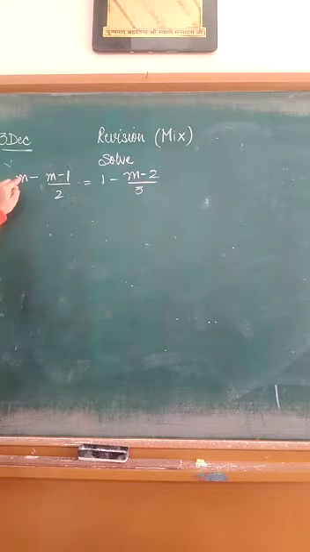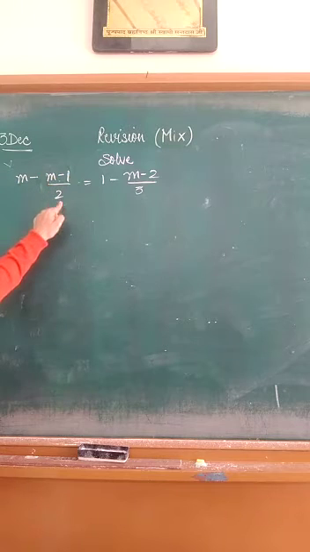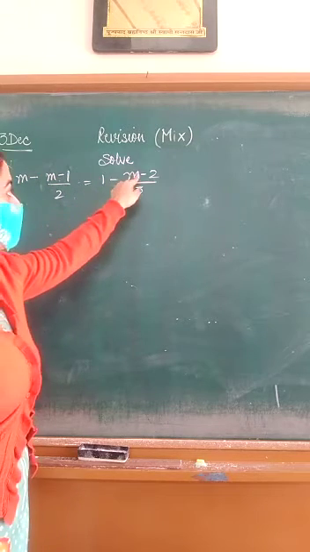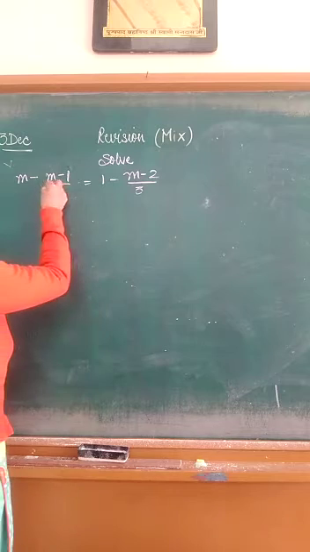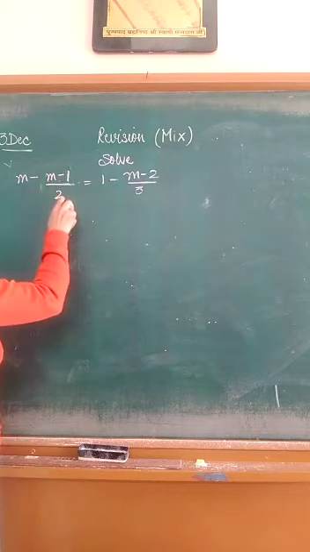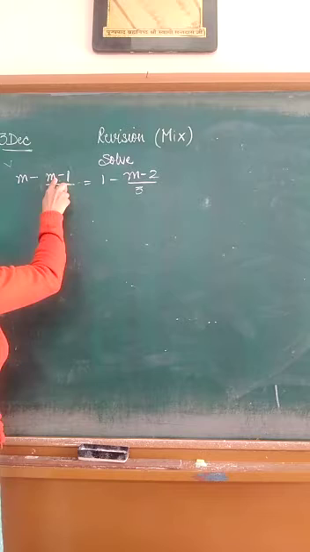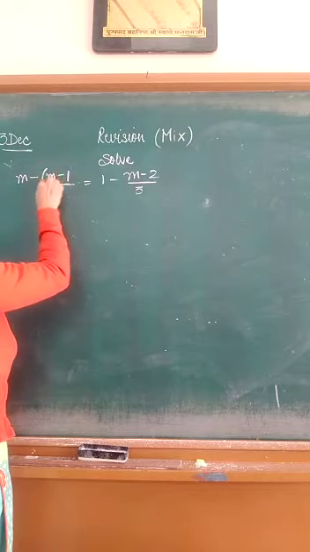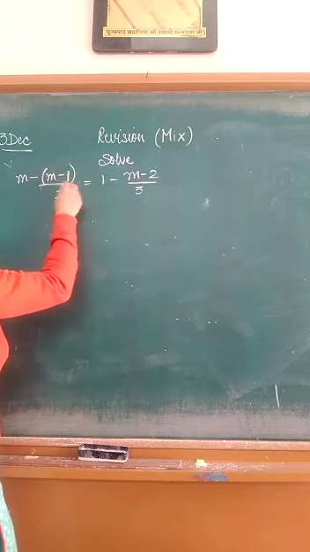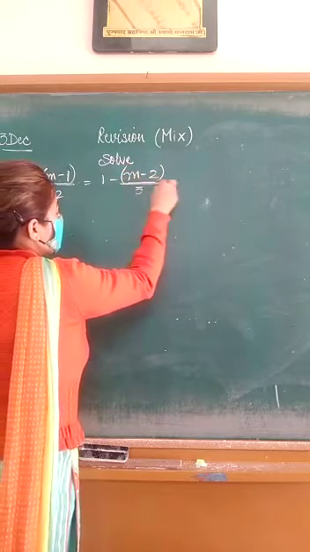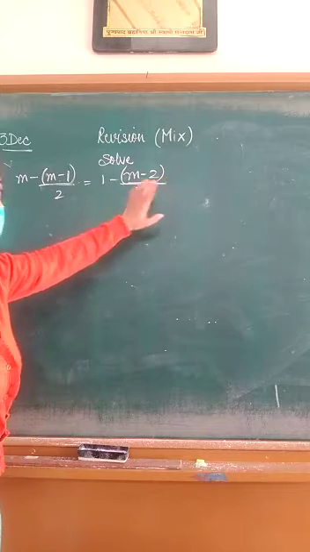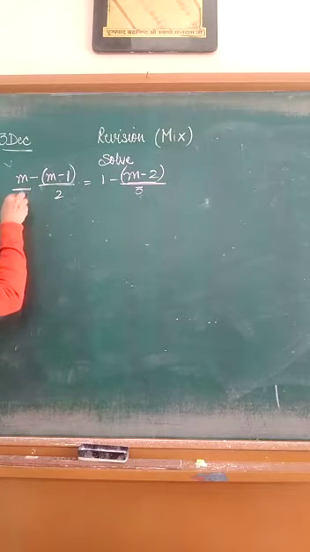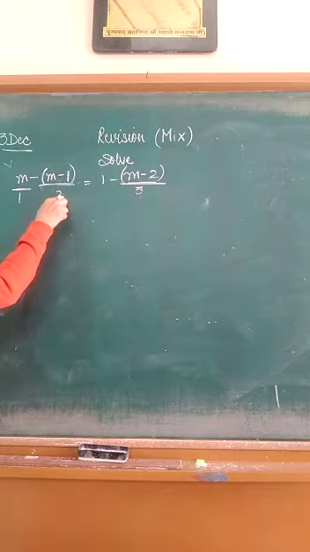Next question is (m minus 1) upon 2 minus (1 minus m) upon 3... sorry, m minus (1 upon 2) equals 1 minus (m minus 2 upon 3). So one important concept here I am telling you. As you can see, these two terms are in the form of numerator upon denominator, but in the numerator you are having two terms, so it's compulsory to put the bracket here, otherwise you may make some mistake. In the same manner, on the right hand side you have to put the bracket in the numerator to avoid mistake. Now here the denominator is 1 and in this the denominator is 2.